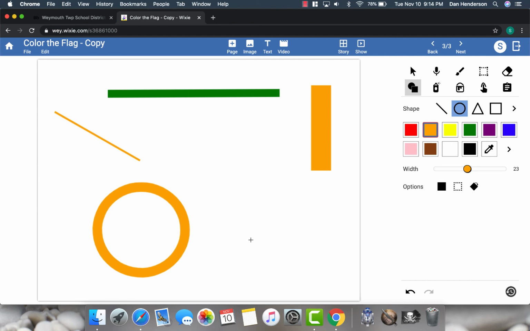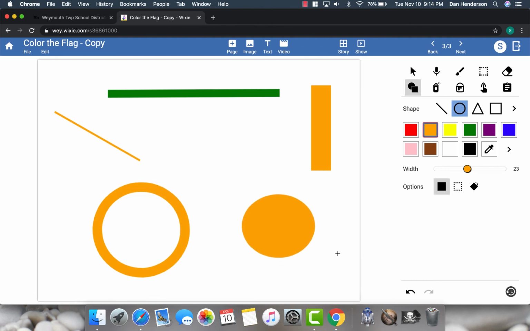Now, maybe I want that, and maybe I want to do some things to it later, but what if I wanted that entire shape to be all the same color? See down here under the options, let's see what a couple of those do. If I wanted that whole entire circle to be orange, I could click on this first option right here and see how it's shaded or highlighted now. And now when I draw my circle, it doesn't just show the outline and then nothing in the middle,